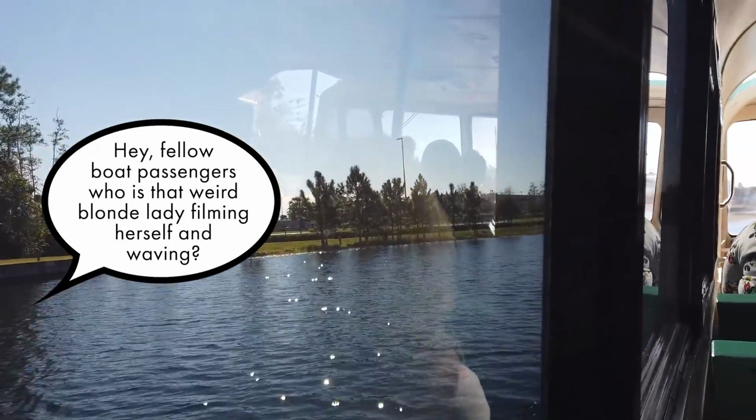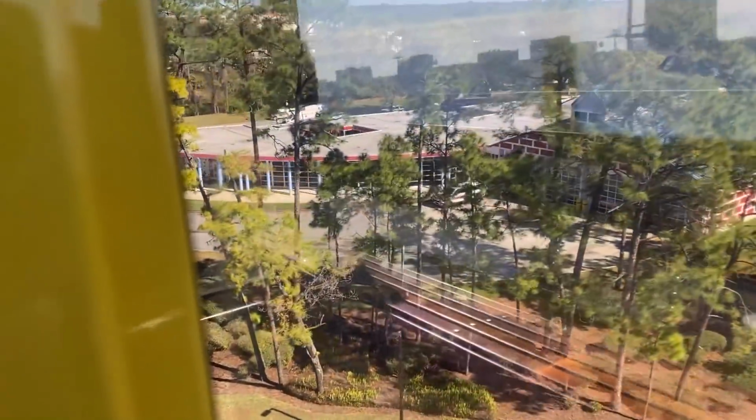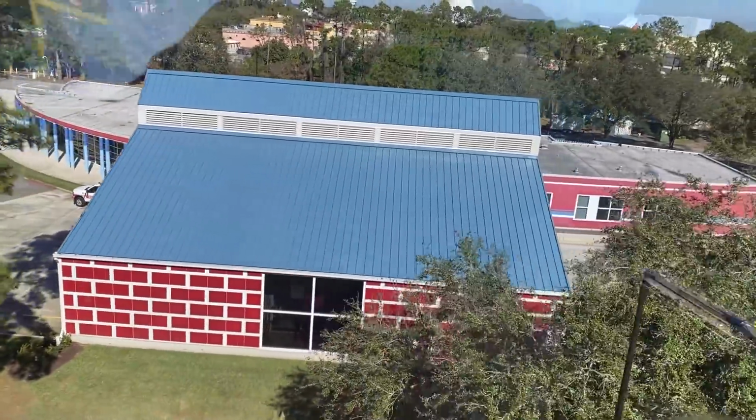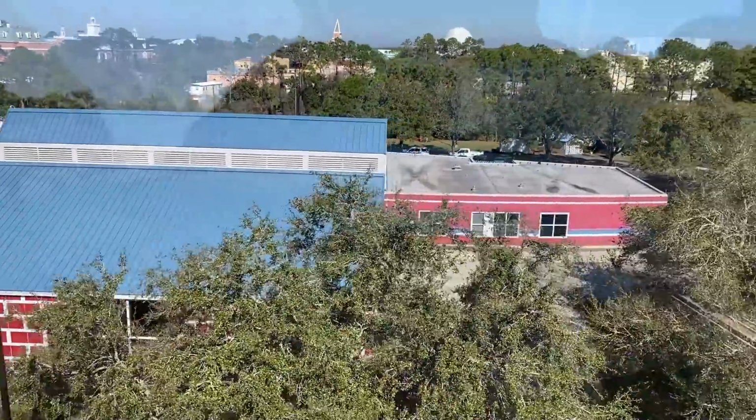Do you remember how cool this fire station was when they first built it? This design with the giant brick and the Dalmatian spots. You can't see the Dalmatian spots from this side, but listen, this was very cool, okay? The 90s had a lot to offer, and this fire station on Walt Disney World property was one of them,